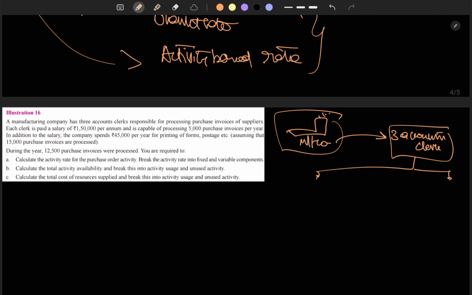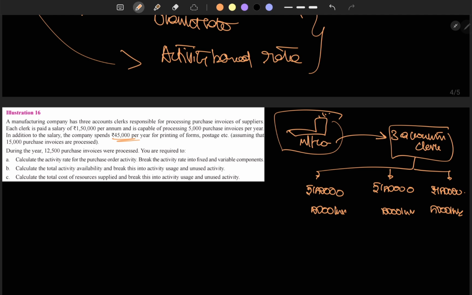Each clerk is paid a salary of 1,50,000, and is capable of processing 5,000 invoices per year. And in addition to the salary, the company spends rupees 45,000 per year for printing of forms, postage,